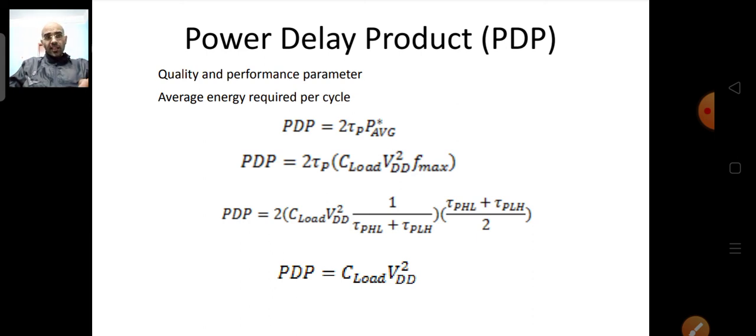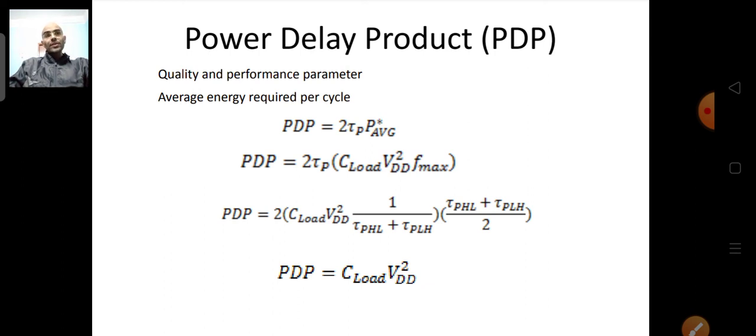Okay, and the important thing is that it does not depend upon the power dissipation, whether you talk about the switching power dissipation or the energy consumption, which is called the power delay product. None of them depends upon the device geometry. None of them depends upon the width and the length of the device. It completely depends upon the supply voltage which you are using, although the supply voltage depends upon the width and the length of the device.